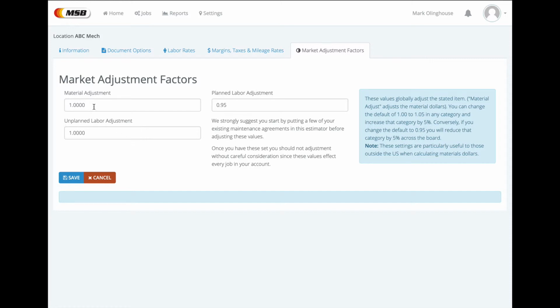If you think the materials are a little low, you can change that to a 1.05, and that's going to increase the material dollars on every piece of equipment and every job by 5%. Now that's every job. So if you have 100 jobs in here and you come over here and change this to 1.1, it's going to add 10% to the material dollars on every job in your account across the board. So use that carefully,